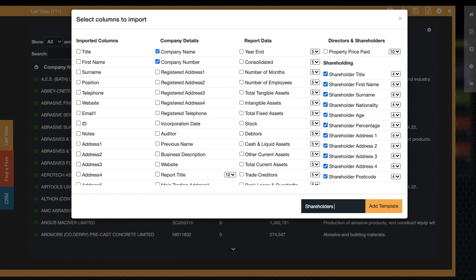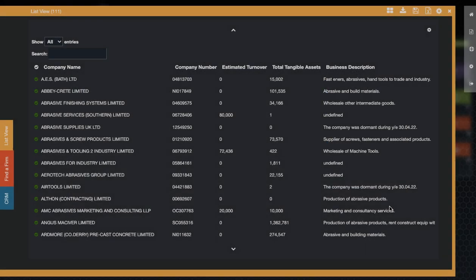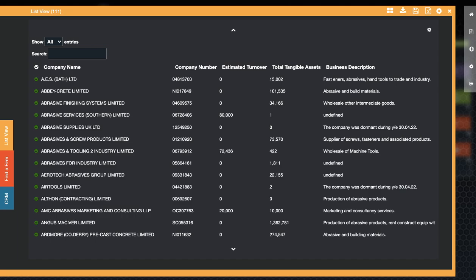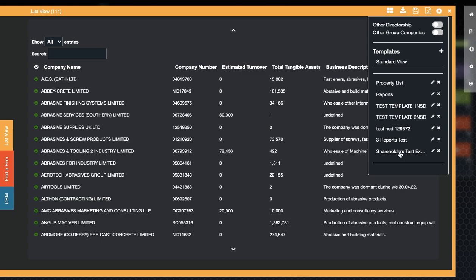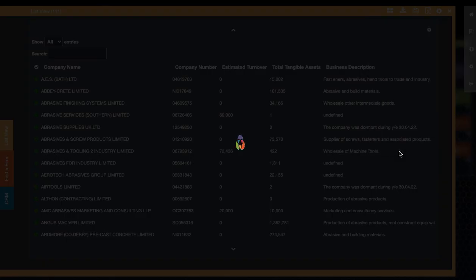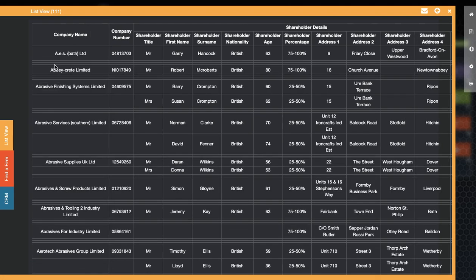shareholders test export. Okay, so when I've added that, that now becomes a template that I can use for any list that I put in the list view here. So there it is, and I just select it,